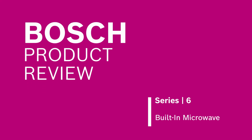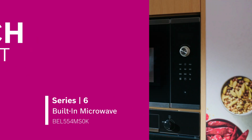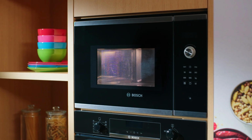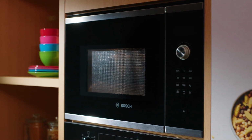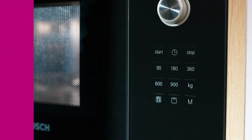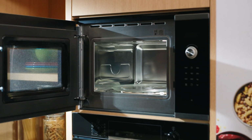In this video, we are going to talk about the Bosch Series 6 built-in microwave. Bosch microwaves help you cook your meals to perfection. Introducing the Series 6 built-in microwave. This built-in microwave not only saves you valuable counter space, it also offers a fast and easy solution for quick